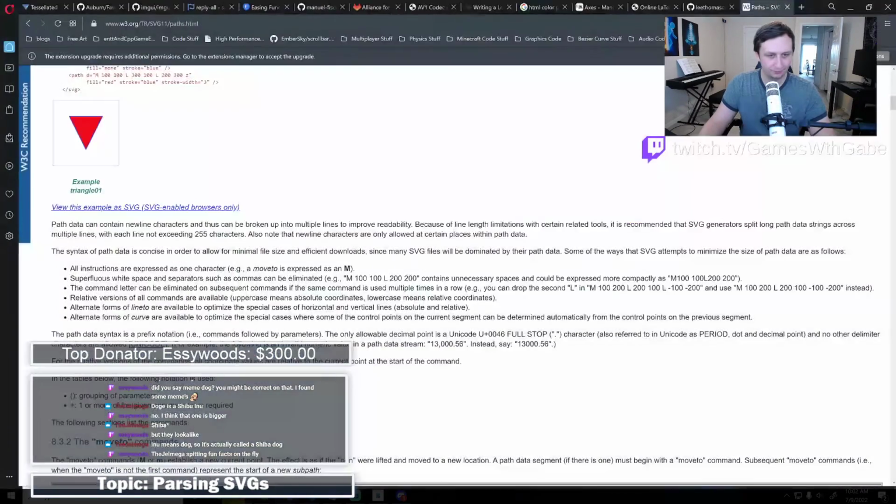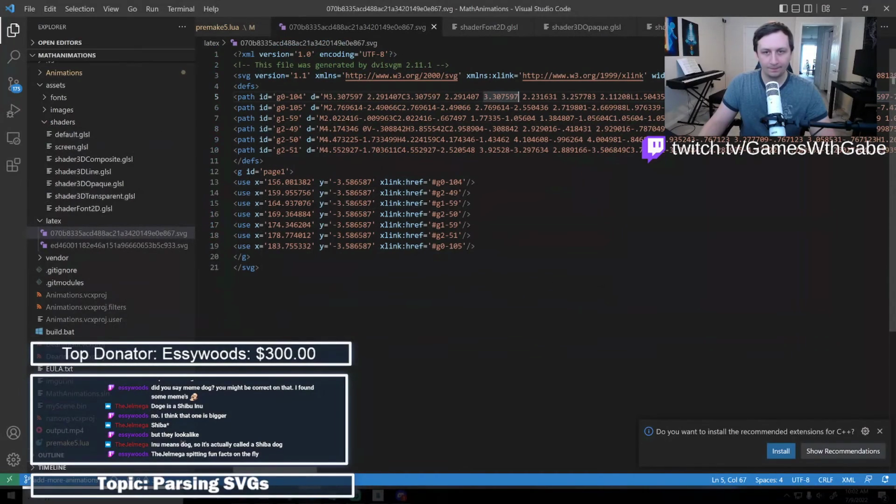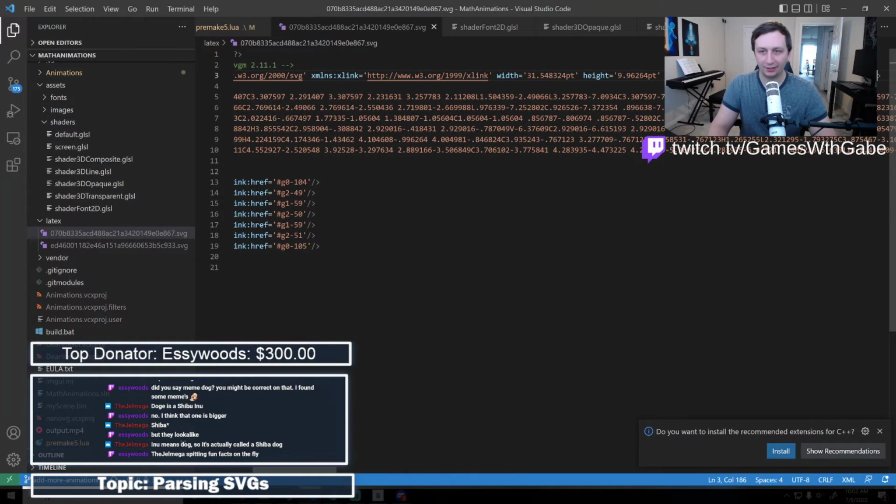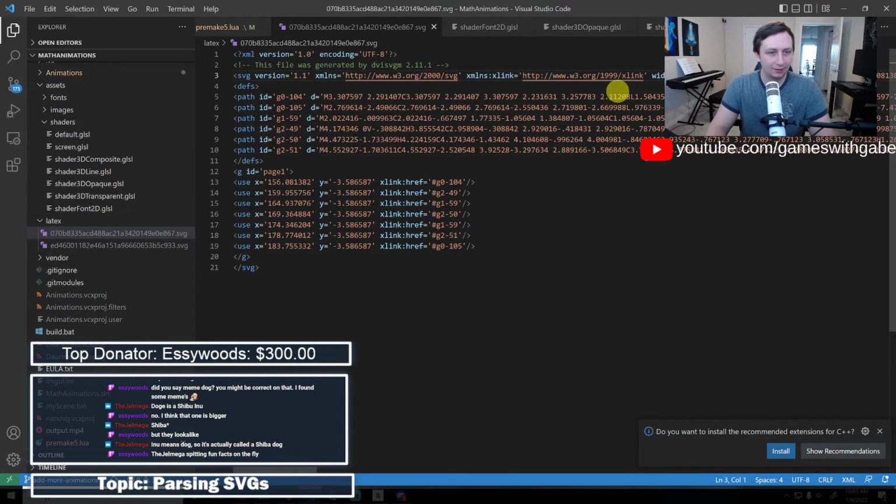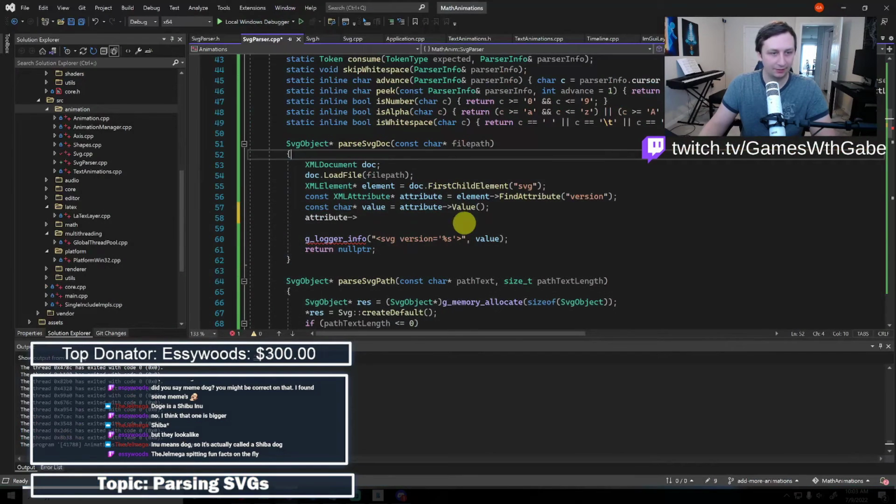Unfortunately, those aren't float vals, and this is like space separated float vals. So that's kind of annoying. I wonder if I could probably just set up a small parser info thing for this too, and just parse those numbers, which should be good. Okay, anyways though. So basically I just want to check and see if that's 1.1. If it's not, I'll just say I don't support anything except that for now.